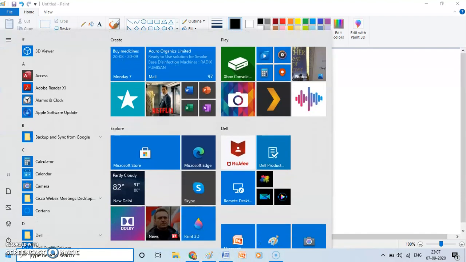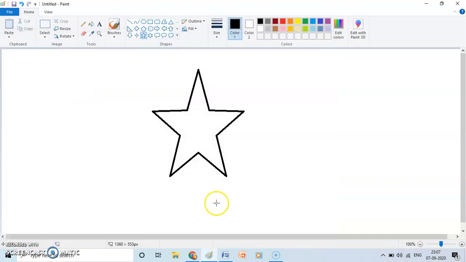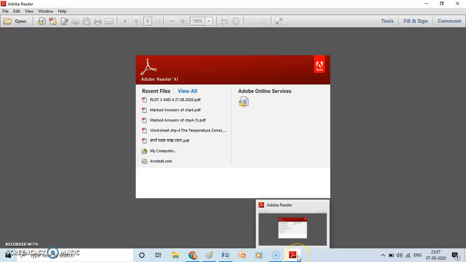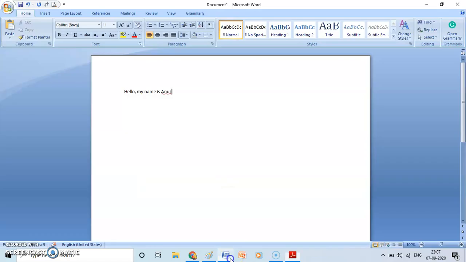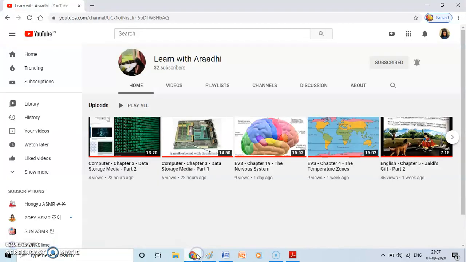Even some application which is not there, so suppose I open this reader, so this reader, now it will appear on the taskbar. See, this reader came here. So from this reader, if I want to go back to my Word document, I can click here. If I want to go to my paint, I will click here. If I want to go to my YouTube channel, I will click on this icon.